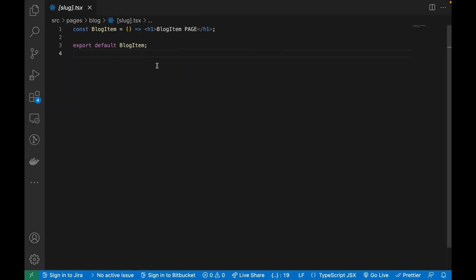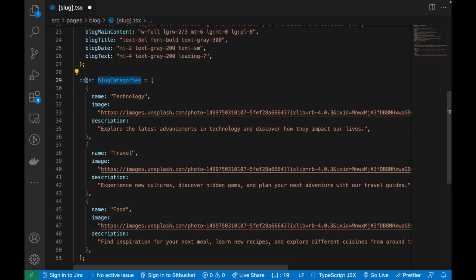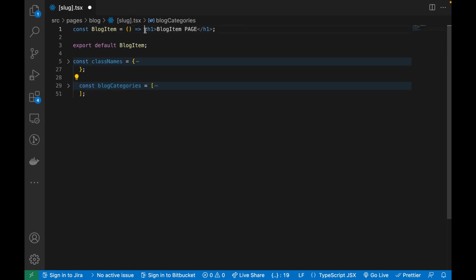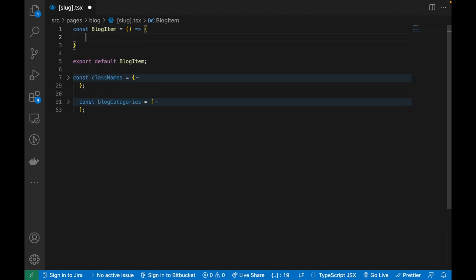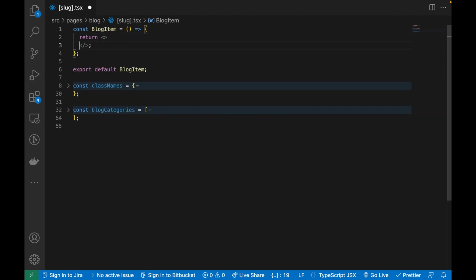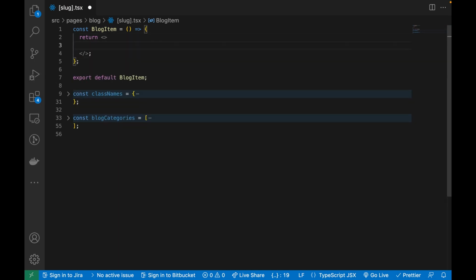Okay, so first I'm going to paste CSS class names, Tailwind CSS class names, and also blog categories that we'll be using in this page. So these are the class names that we'll be making use of in this blog page. I'm also going to take this off so that here we can have a function that uses the return keyword. And here I'm just going to start with a fragment,